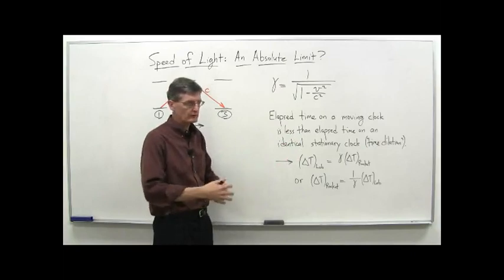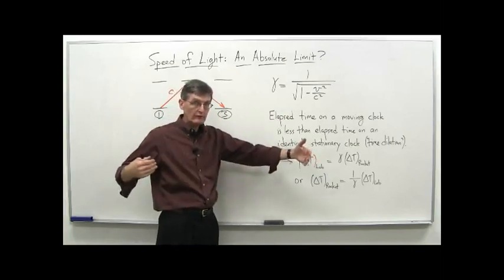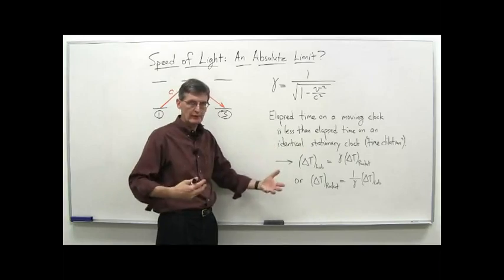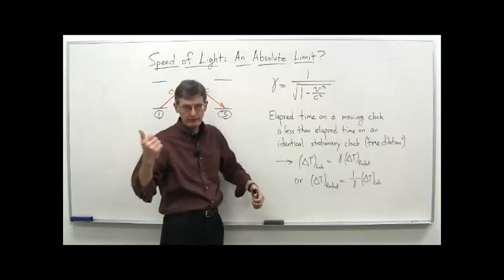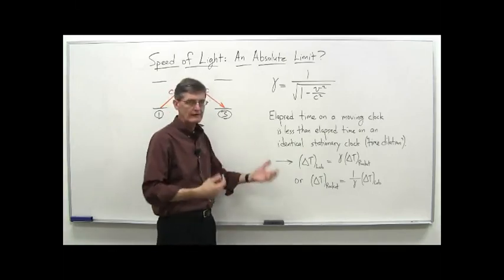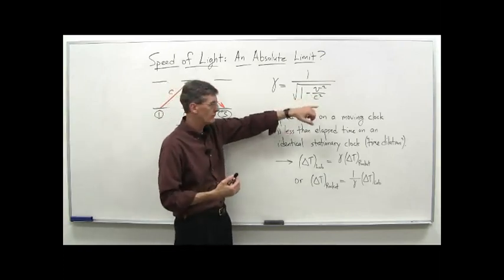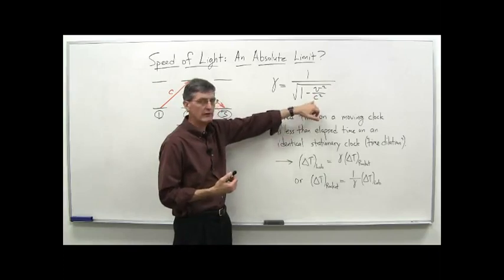So if Alice is stationary, she sees Bob perhaps go by in a spaceship at velocity v, according to her lattice of clocks and measurements. And then Bob, in his spaceship, could imagine he is stationary. He could see Alice receding behind him at negative velocity v, according to his lattice of clocks and measuring system. So v is the relative velocity between the two reference frames, and c is the speed of light, of course.